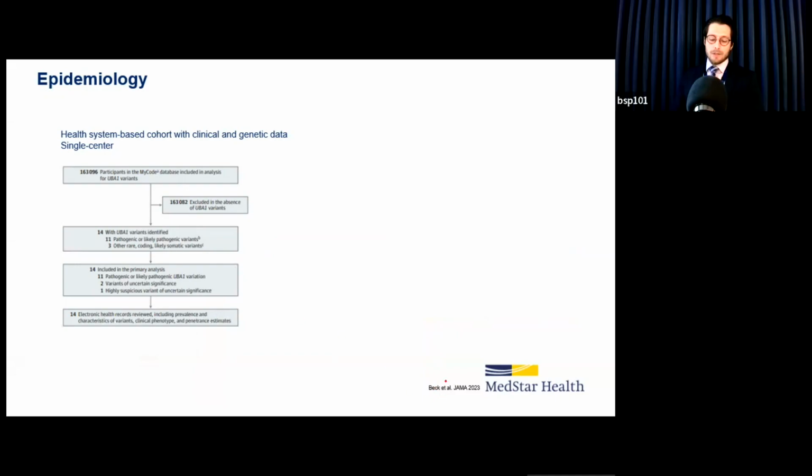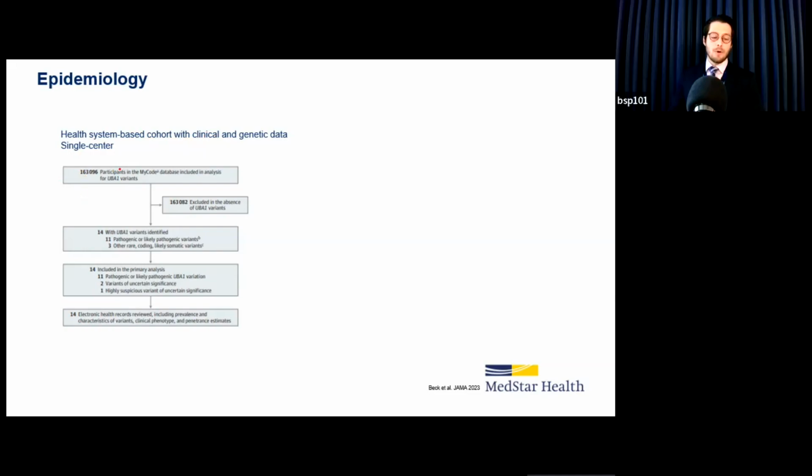And now Beck, who is the leader in VEXAS and who led the discovery of the disease, just published this month a very interesting study where they were trying to understand better the epidemiology and the prevalence of this disease, right? Because it seems like it's something rare, but the more that we know about it, the more that people are recognizing it, and we are diagnosing it very rapidly. So they used a health system-based cohort that had clinical and genetic data. This is from Pennsylvania, and they had a lot of patients, like